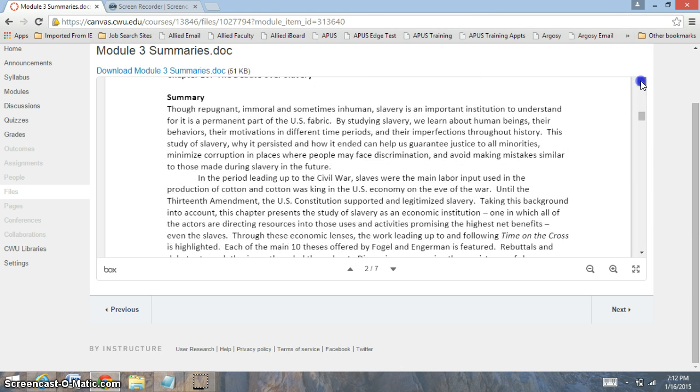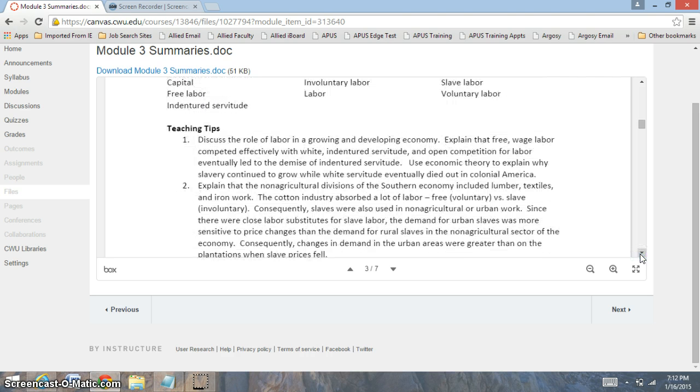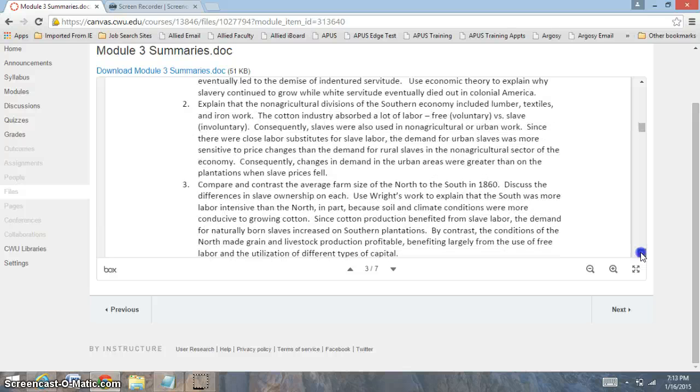In chapter 10, we focused on the debate of slavery. And this started with the role of capital. And capital is ways to produce goods and services, like machinery. You'll notice that there's a lot of components when we look at labor versus capital. And a lot of firms will want to employ more capital because it costs less money than labor. Labor is the largest component of our economy right now, and it costs a lot of money to employ different people in the industry. So that'll be very important to focus on.